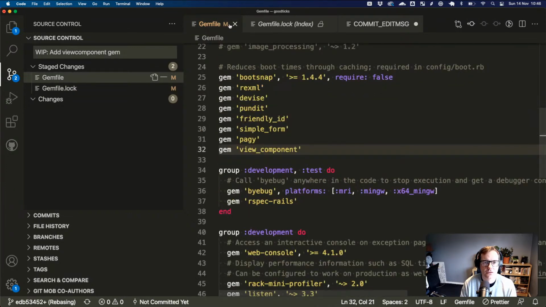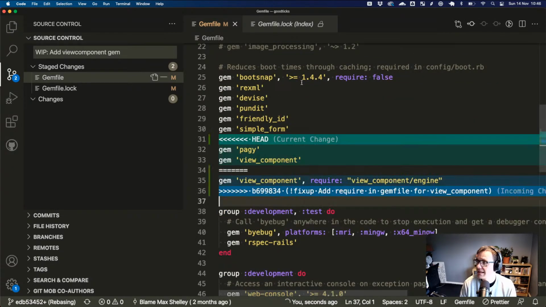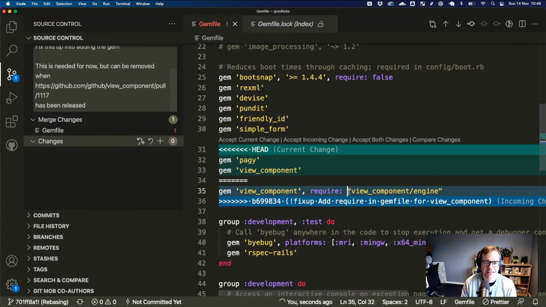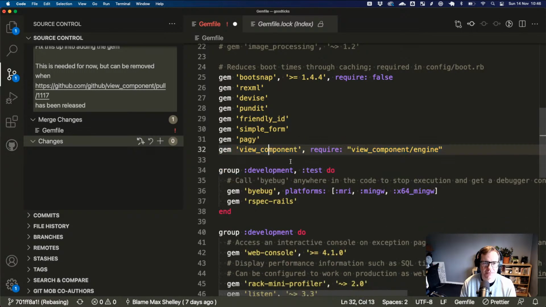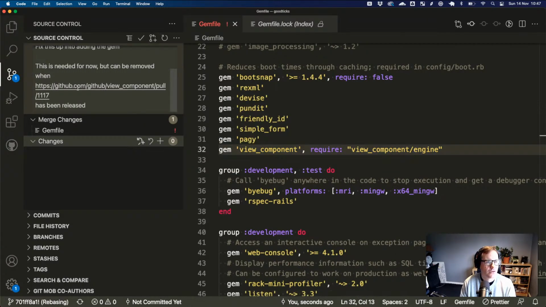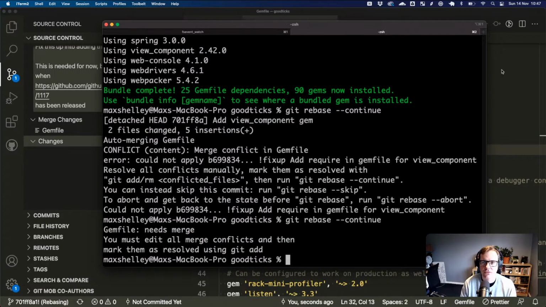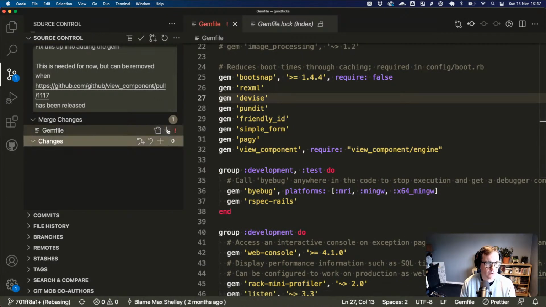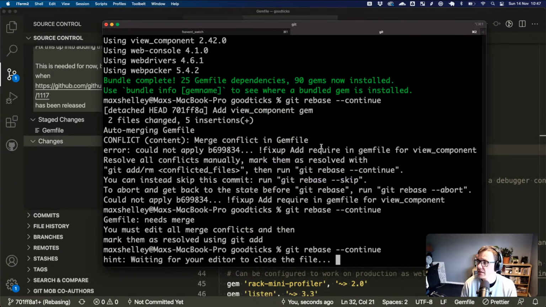I don't think there's really much underscore component. I think that's like the third or fourth time I've had it. Ah, yeah. Okay, great. This was the one that we actually need. So that one. And then we can do accept current change. And it's this require that we need because of this comment here, which I think they actually pushed. I think someone replied saying they pushed the version that we don't need this anymore, but we can come back to that. So that's been saved. Let's try that now. Git rebase continue.